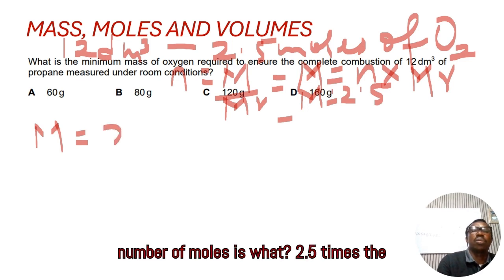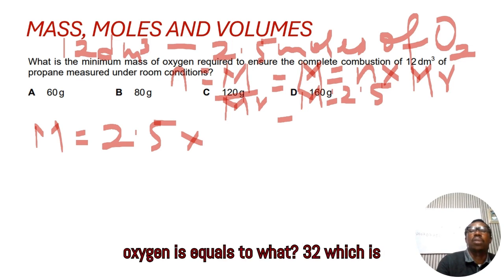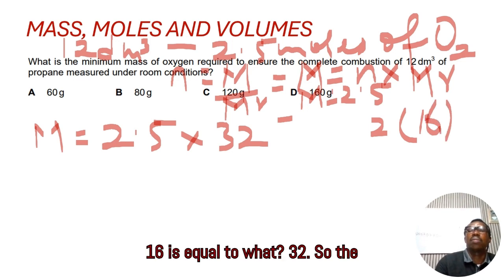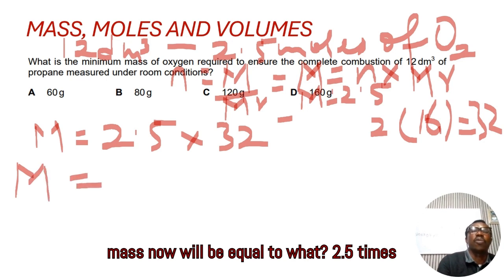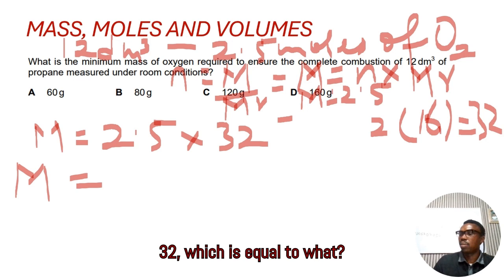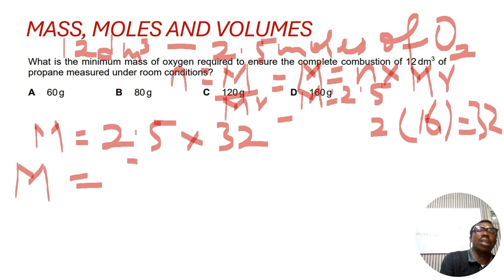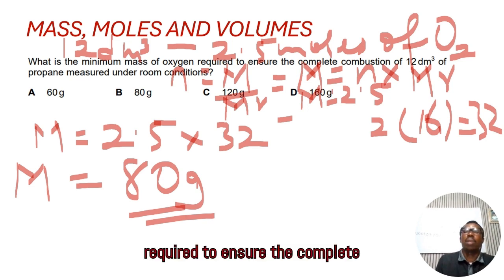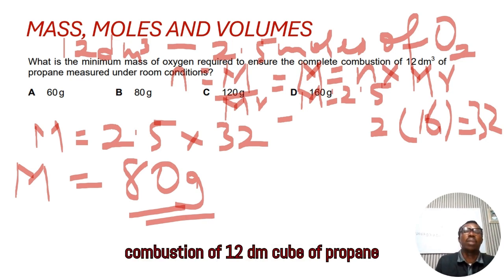The number of moles is 2.5, times the molar mass of oxygen. Molar mass of oxygen is equal to what? 32, which is 2 times 16. 2 times 16 is equal to 32. So the mass now will be equal to 2.5 times 32. Using my calculator, 2.5 times 32 is equal to what? 80 grams. So the mass of oxygen required to ensure the complete combustion of 12 dm cube of propane measured